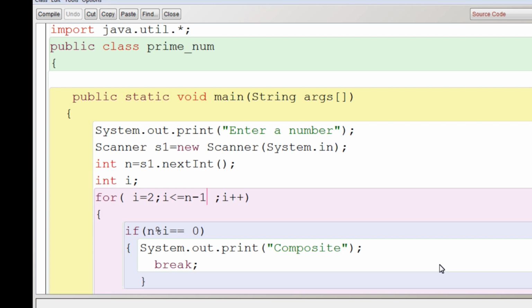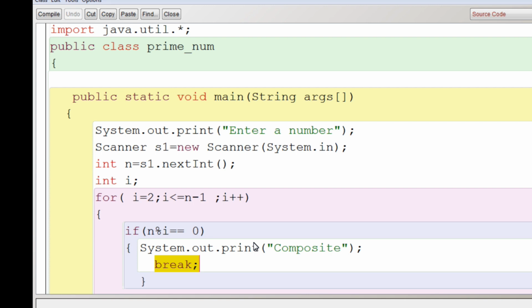Now if the variable I is 2, it is less than or equal to 13, correct? But when you say n modulo I equal to 0, when I is 2, the condition is true, so it will display it as composite, and then we don't want to move further, so we are breaking out of the loop.